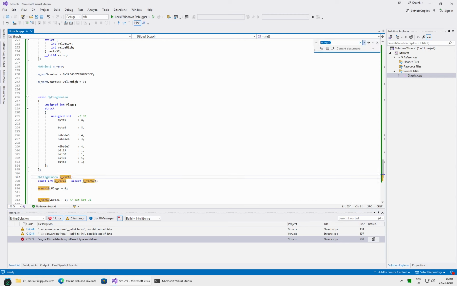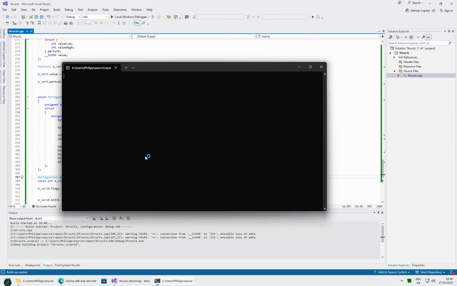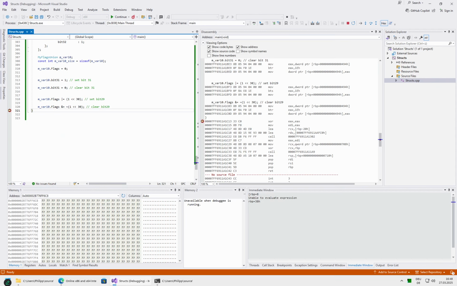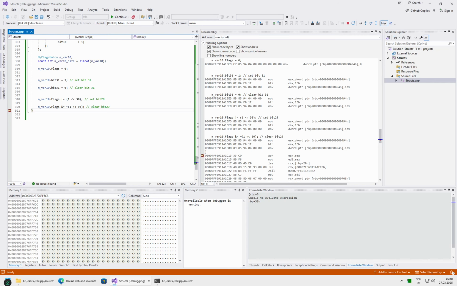Where did we use the var10? Oh yeah, sure, here, var10 size. Okay, and now let's see what it generated. And as you see here, setting code is what? It loads into args. It bit shifts by, let's turn off the hex. It bit shifts by 30, and then it